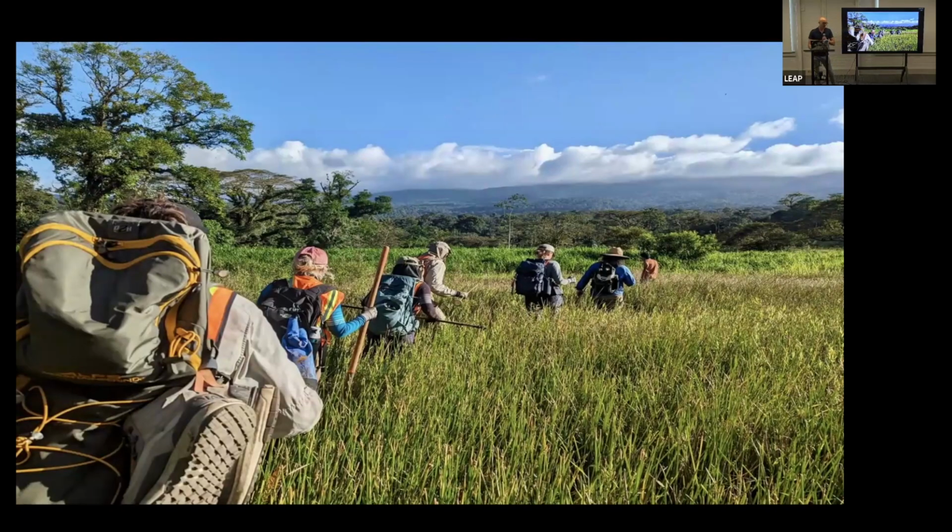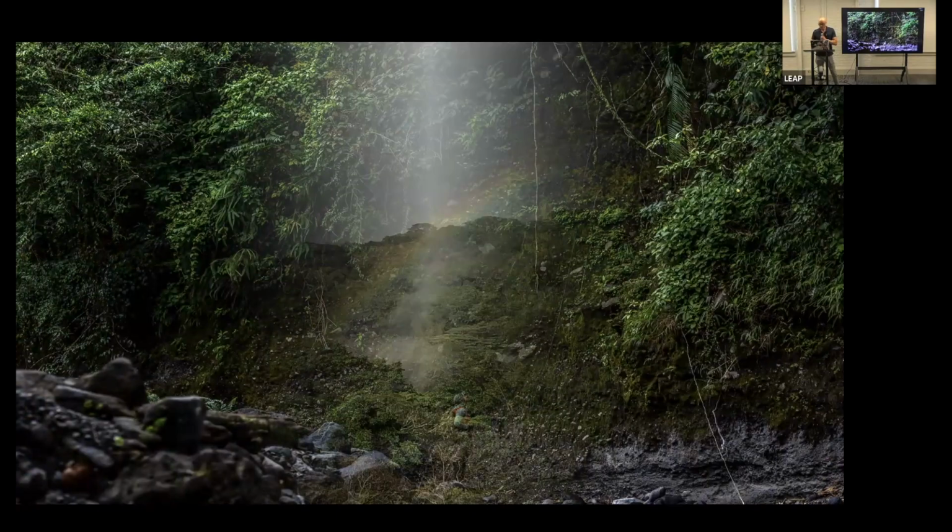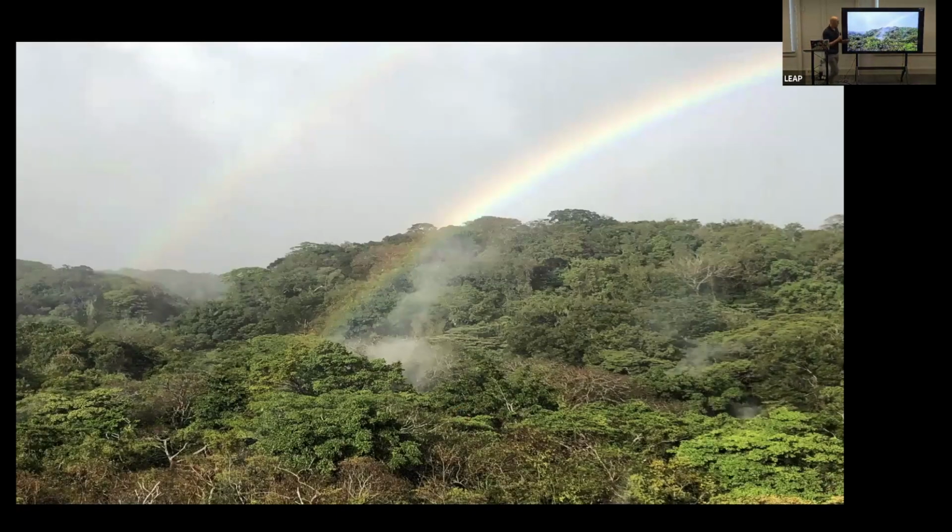And sometimes you look on a map and you're trying to go from point A to point B, but you don't realize that you're actually in this lava tube and you can't actually get there. I figured rainforests, jungles are hard to work in, volcanoes are hard to work in. Maybe I'll put them together and they'll cancel each other out, but that was not the case. So I took this picture of this beautiful double rainbow because it was a pretty rainbow, and then I realized, oh, actually, this is one of the CO2 vents right here.